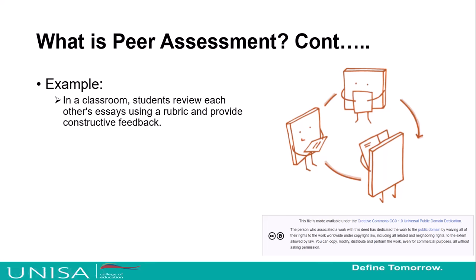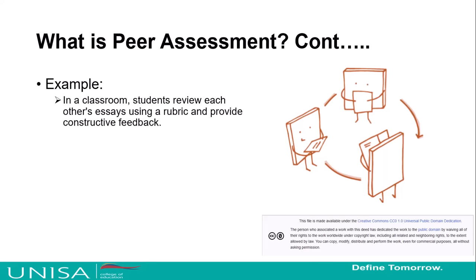If you can see, there's a picture here. There's 3 boxes, each holding a worksheet that they have done. And you can see the arrow that is moving in a clockwise direction, meaning that let's just say this is a CIC student 1. It's going to give his script or her script to CIC student 2. And the CIC student 2 can take their script to CIC student 3. CIC student 3 take their script to CIC student 1. So everybody is assessing each other's